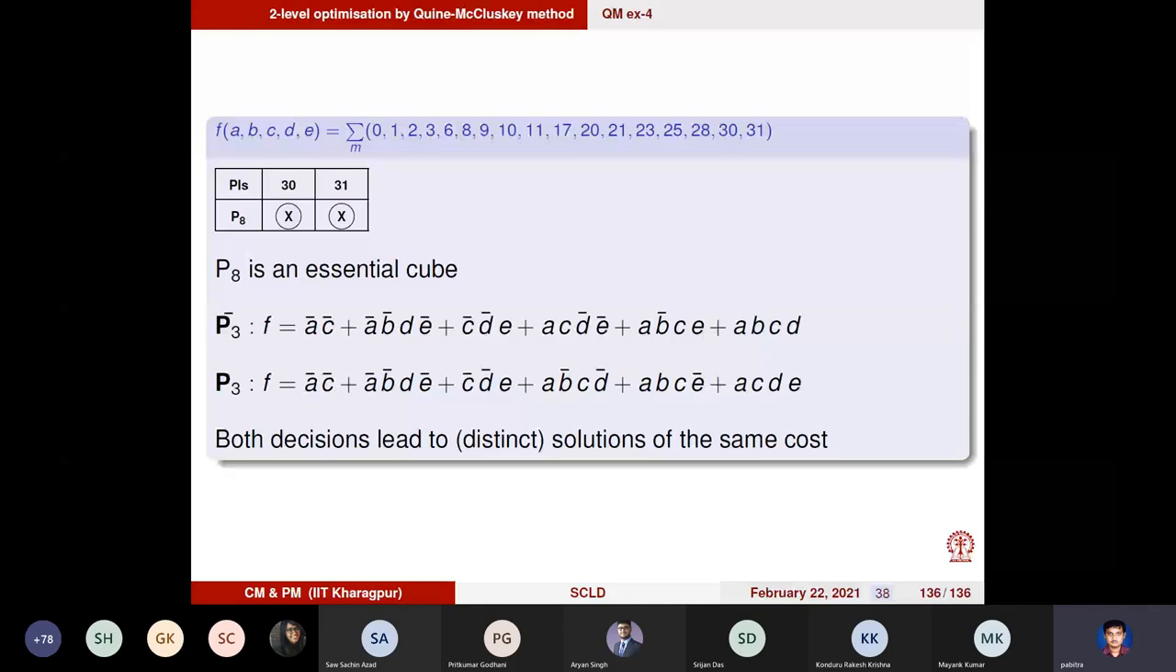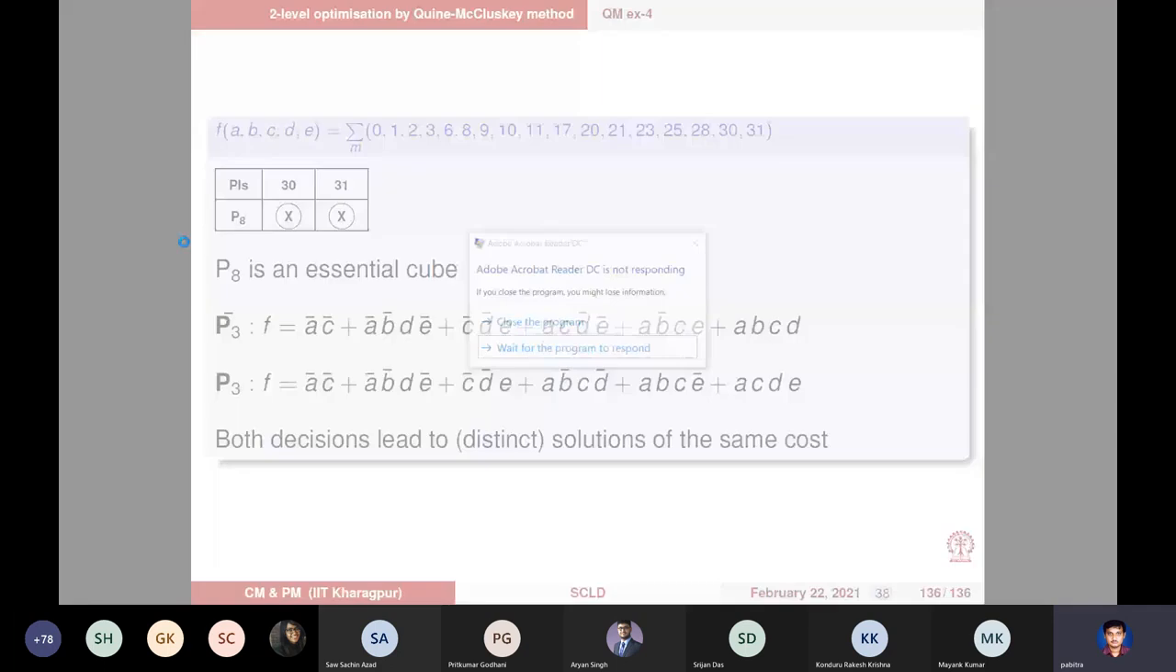There is one more kind of trivial method of solving this. If you have the cyclic core, let's say this is a cyclic core. Let me take another example. Maybe not a cyclic core, but still I'll use it to explain another method called Petrick's method. So what Petrick's method does is that